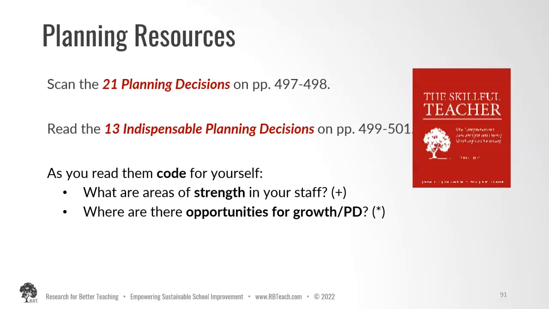And one thing I want to talk to you about in the Red Book is planning decisions, things that teachers can think about as they're planning a lesson. Even if they have a high quality instructional material lesson plan that's already completed for them, they can take a look at that and use these 21 planning decisions on pages 497 to 498 and align and make sure that this lesson fits all those decisions. One thing that might be missing is that criteria for success. And maybe that's something that teachers need to generate, those criteria for success.